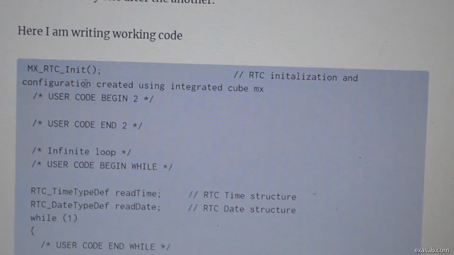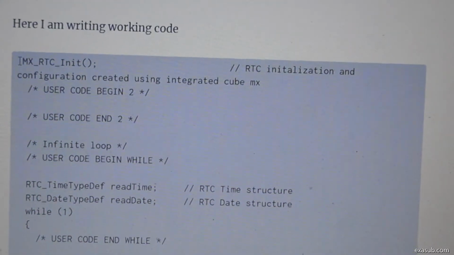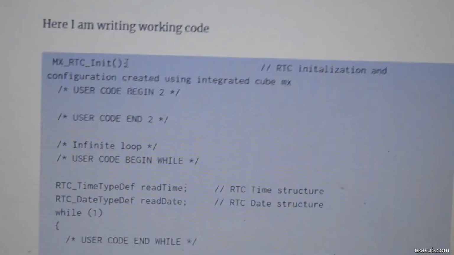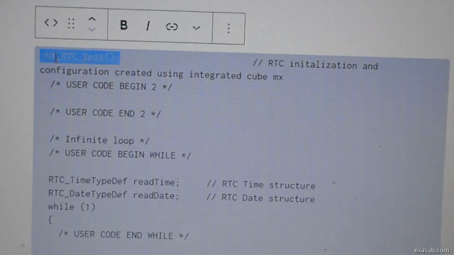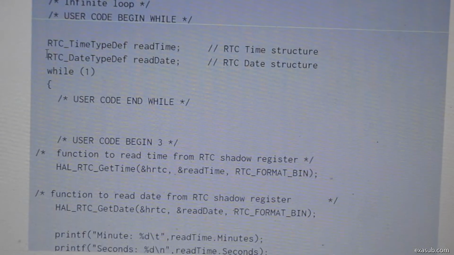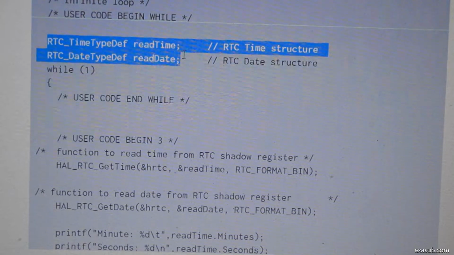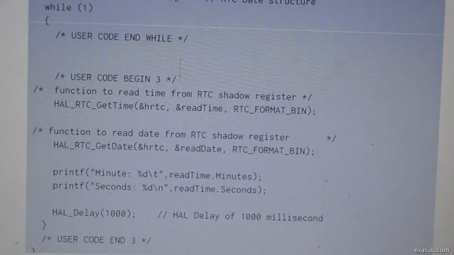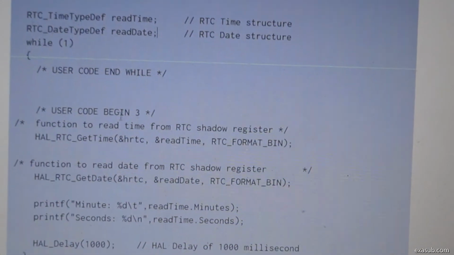So this is a snippet of the code that will work. After the initialization code, the IDE will create this initialization function, and you have to create two structures, time and date, in which the time and date will be stored.